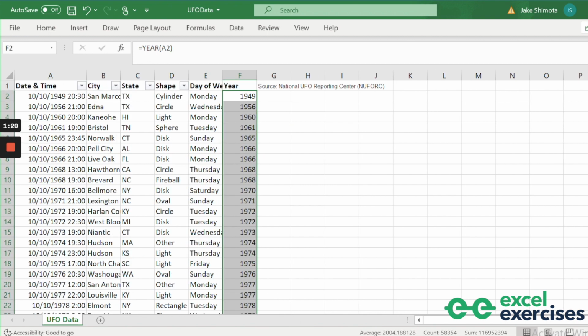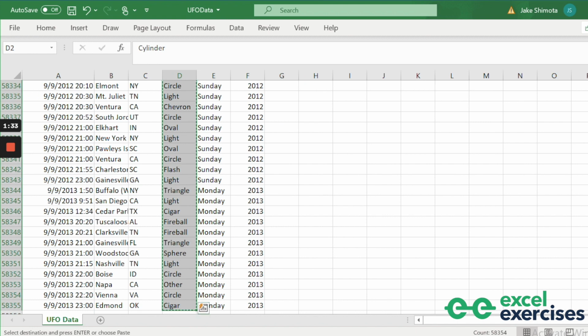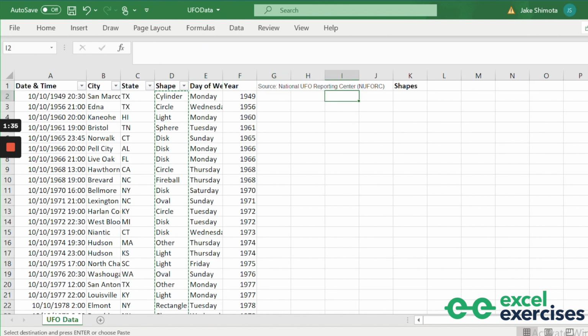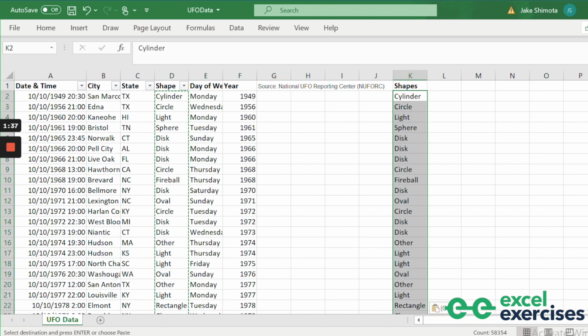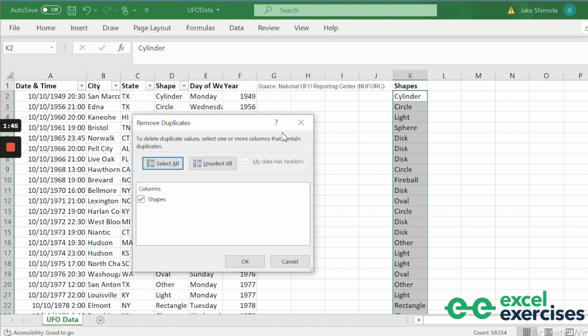And this dashboard also has a drop-down selector. So we're going to need a list of all the different shapes, but without any duplicates. So over here in column K, I'm going to write shapes. I'm going to copy this whole column in D, and I'm going to paste that in under the word shapes. And then I'm going to remove duplicates, either by going to the Data tab and hitting the Remove Duplicates button, or I can hit